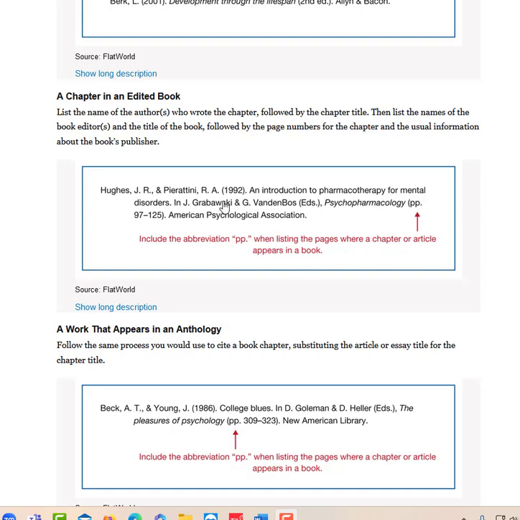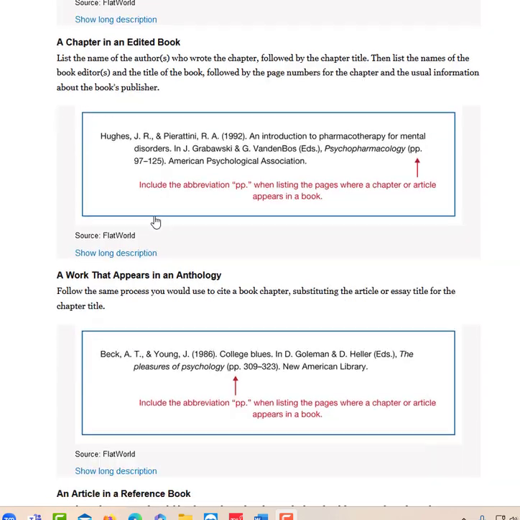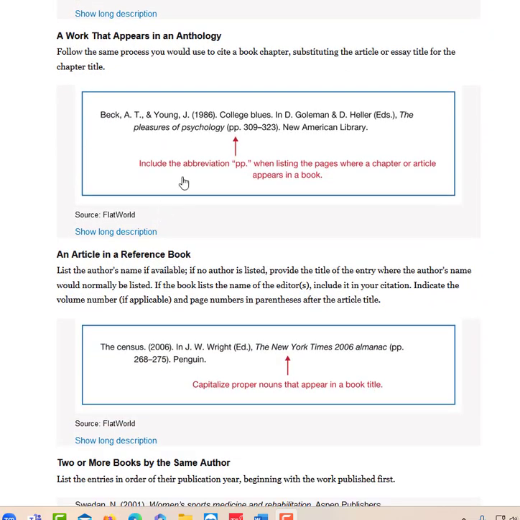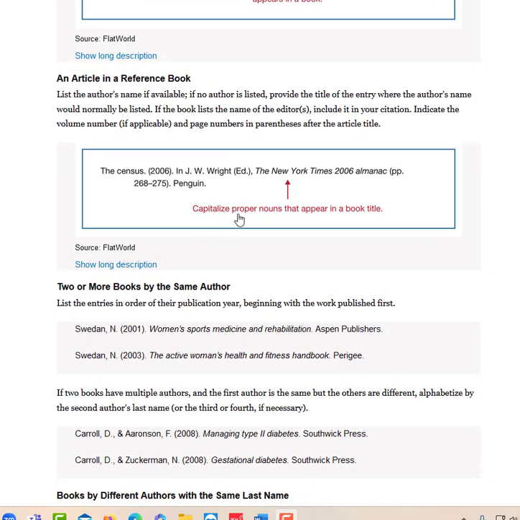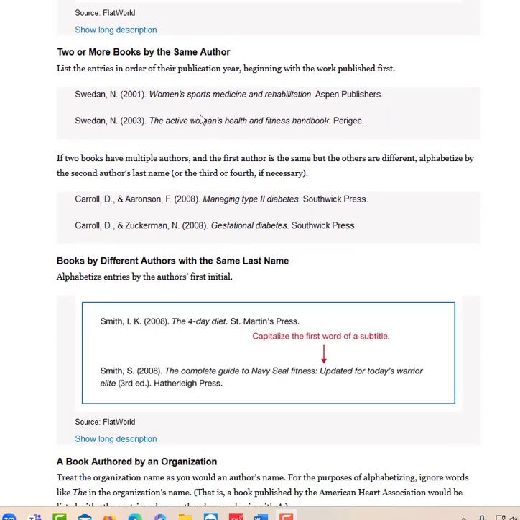So pages 97 to 125. So that's how you would use it when listing your page numbers. An article in a reference book, capitalize the proper nouns that appear in a book title. Two or more authors, two or more books by the same author, you just simply use the same name, then